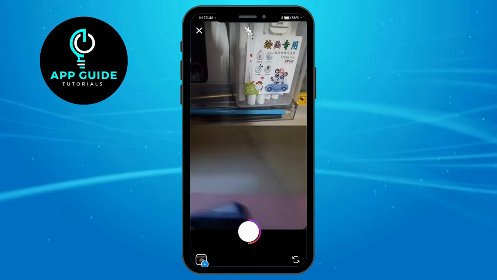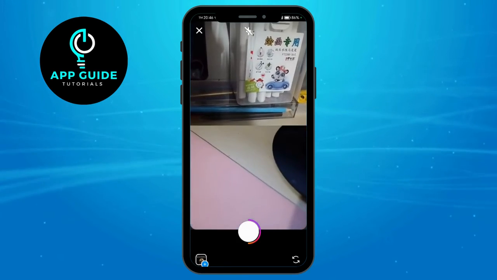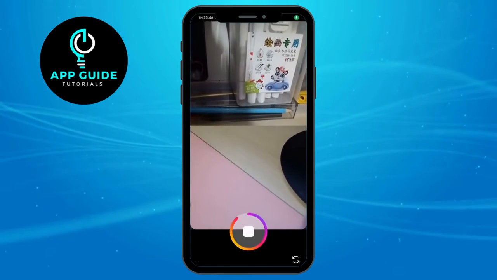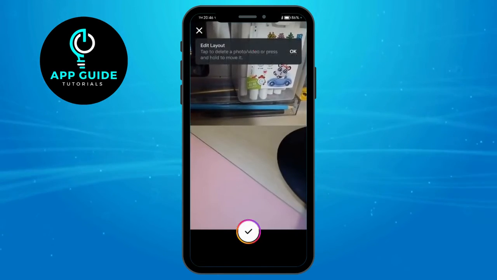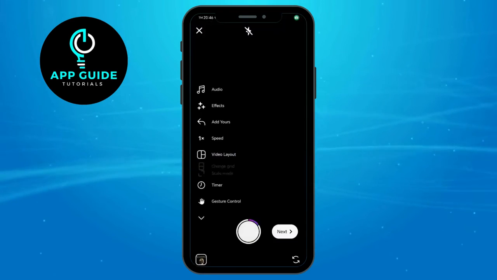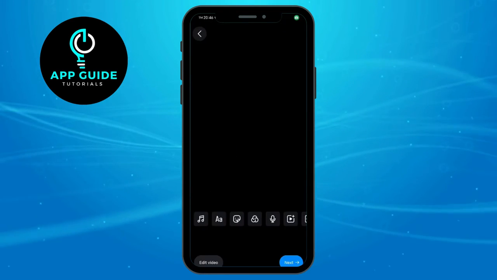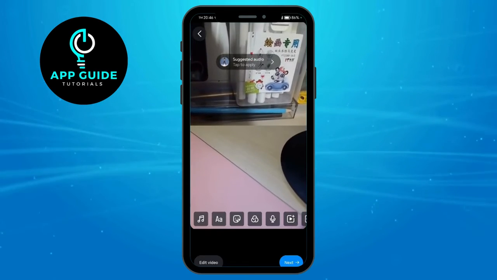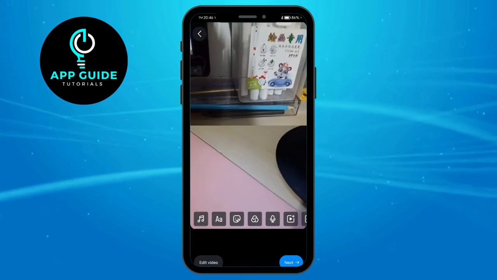now I can change the way I video the lower half, which is this. After that's done, all I have to do is to click on check and hit on next. Now, the reel that I have made is a split screen video that captures the moment